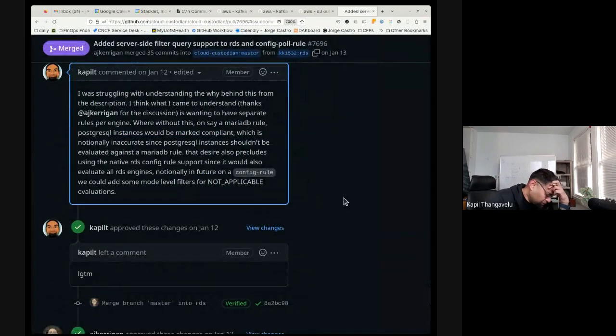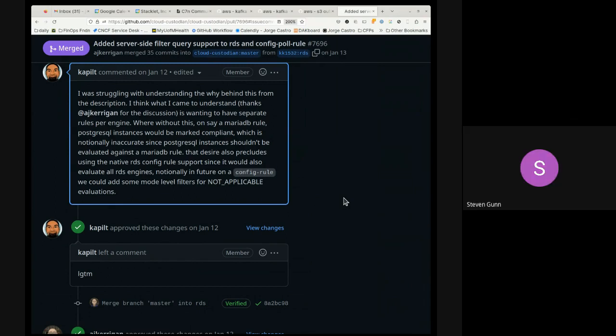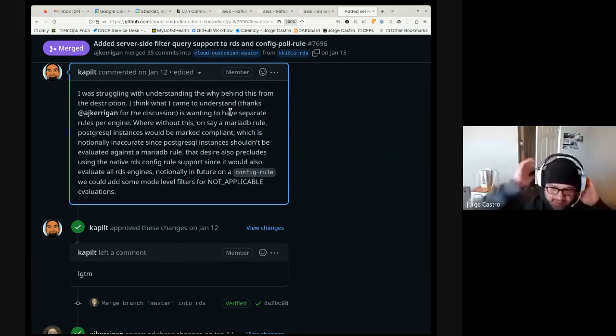If you want to explore additional capabilities on config rule to have non-applicable be able to be used, definitely happy to do a breakout on that. Thanks. Cool. And there's the comment. Okay. Anything else on this one?